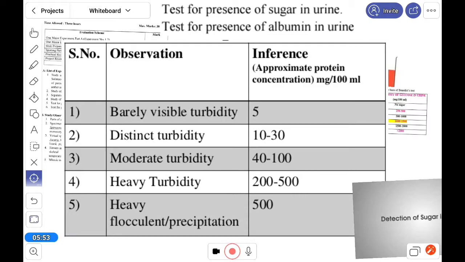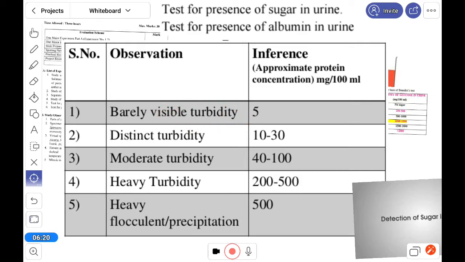A very simple test: we will take the urine and then give a few drops of sulfosalicylic acid. We can do the same test with nitric acid. When you give the sulfosalicylic acid, we get a white cloud. The turbidity is really visible.